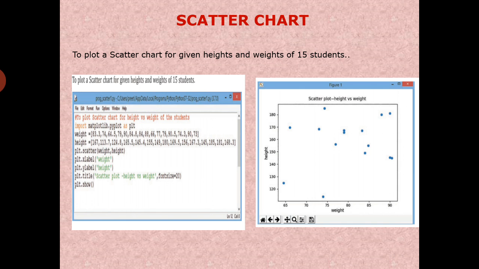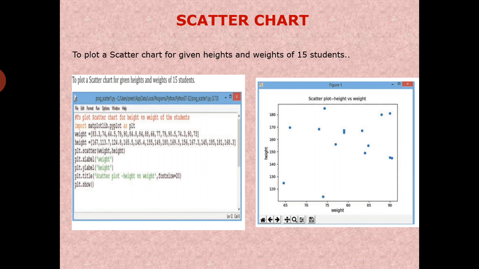Each of them has its coordinates determined by the value of the variables. Value of one variable determines the x position and the other determines the y position. A scatter plot is often used to identify potential association between two variables.